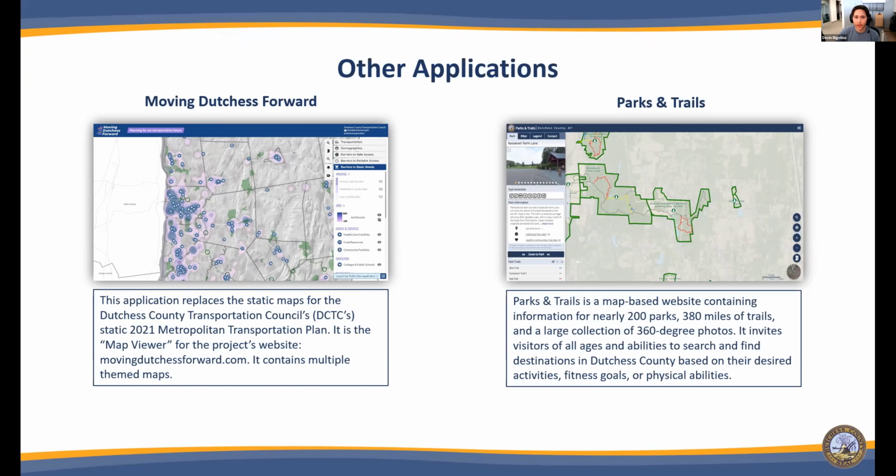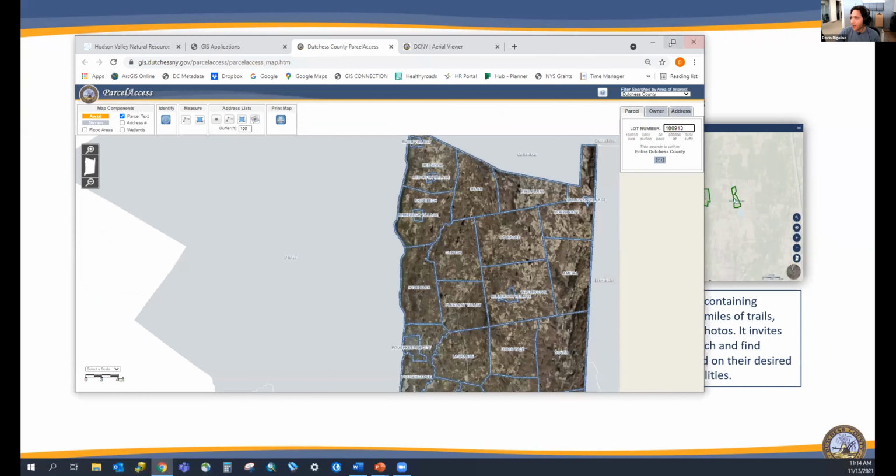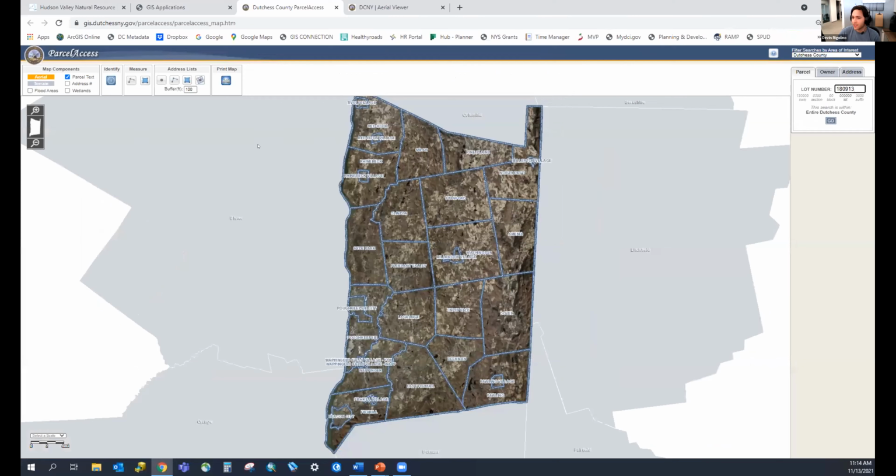Okay, I am going to hop on over to parcel access. Hopefully everyone can see parcel access now. If you can give me a nod if you can see that. Looks good. Okay, great. So again, you can locate a property in a variety of different ways: parcel number, ownership